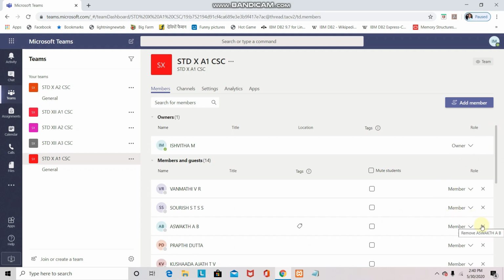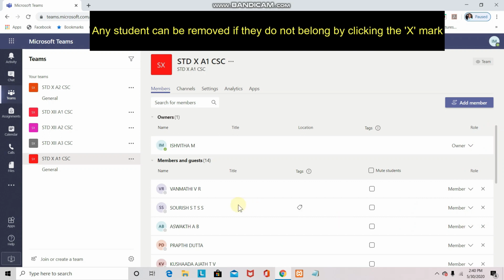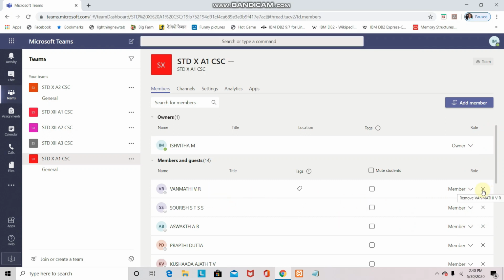You can remove some particular students who are not there in your classes. Otherwise, when we are conducting the meeting, when we are sending the link, all the students will be intimated with the meeting link. So in order to avoid confusion, check whether all the students are there in your class, and if they are not there, you can click the X mark which is there at the end.